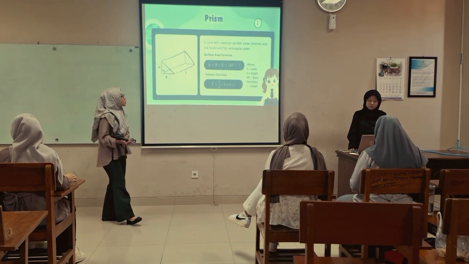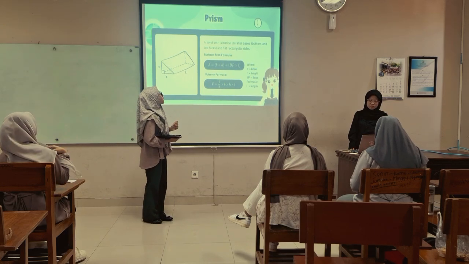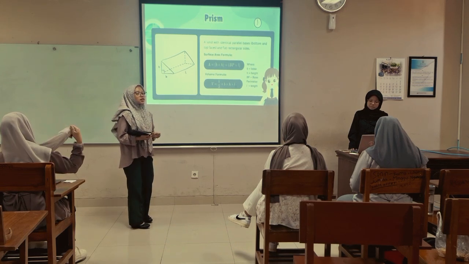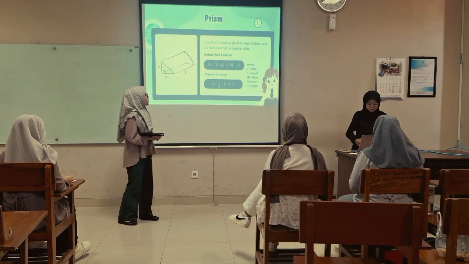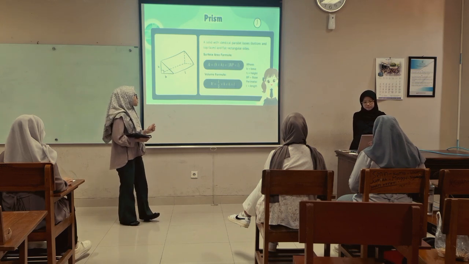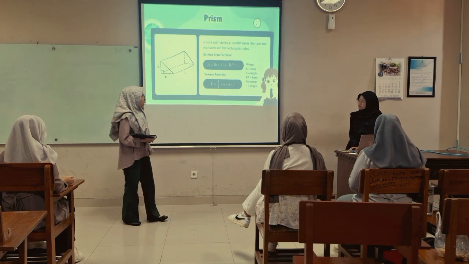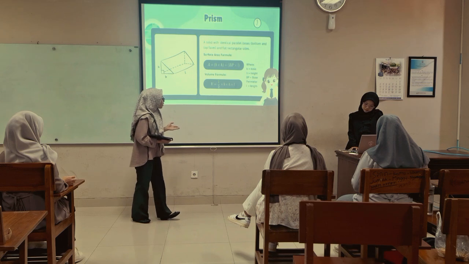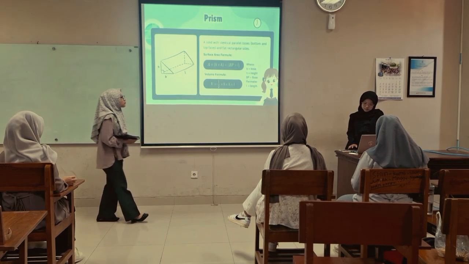And the next material is the prism. A prism is a solid with identical parallel bases, bottom and top faces, and flat rectangular sides. The formulas are: surface area equals (B times H) plus (BP times L), and volume equals a half times B times H times L, where B is the base, H is the height, BP is the base perimeter, and L is the length.